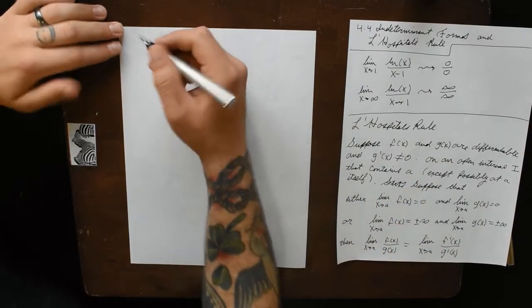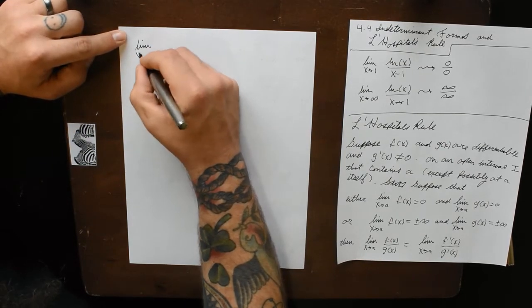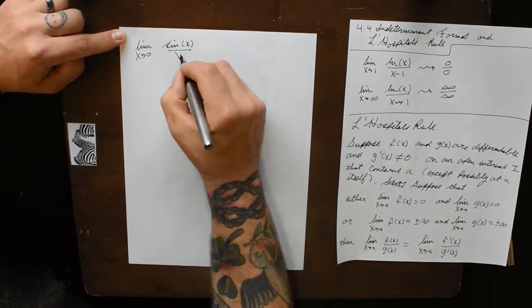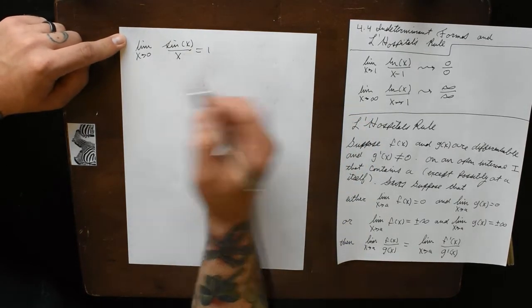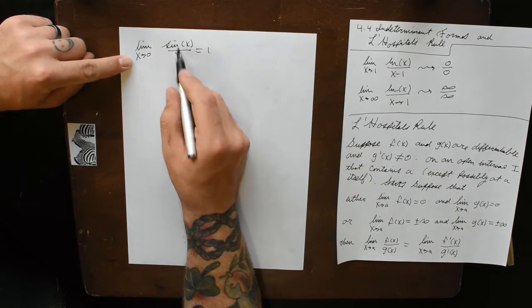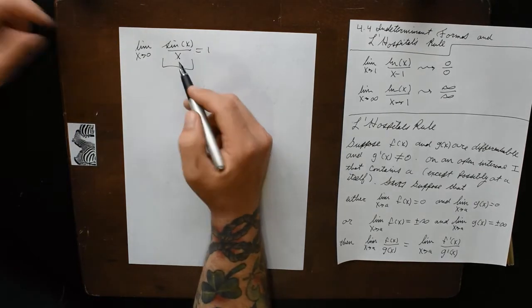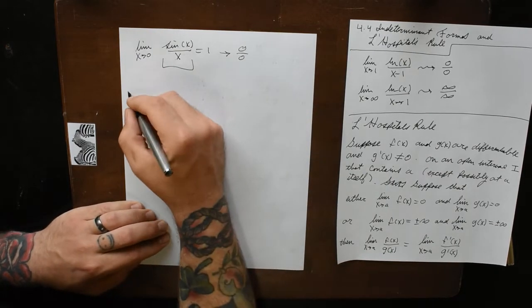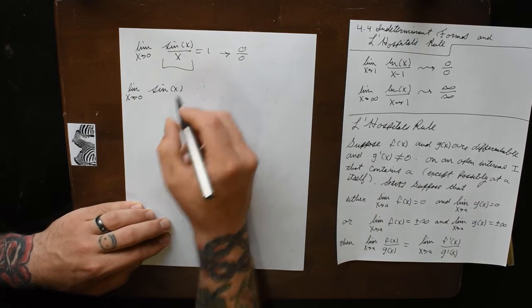So L'Hopital's rule is actually pretty powerful. Before, we had to use a geometric example, or we had to prove geometrically that the limit as x goes off to 0 of the sine of x divided by x is equal to 1. But aside from using a graph, by L'Hopital's rule, when we try to plug 0 into this equation, we get 0 divided by 0. So what we know is that the limit as x goes to 0 of the sine of x divided by x